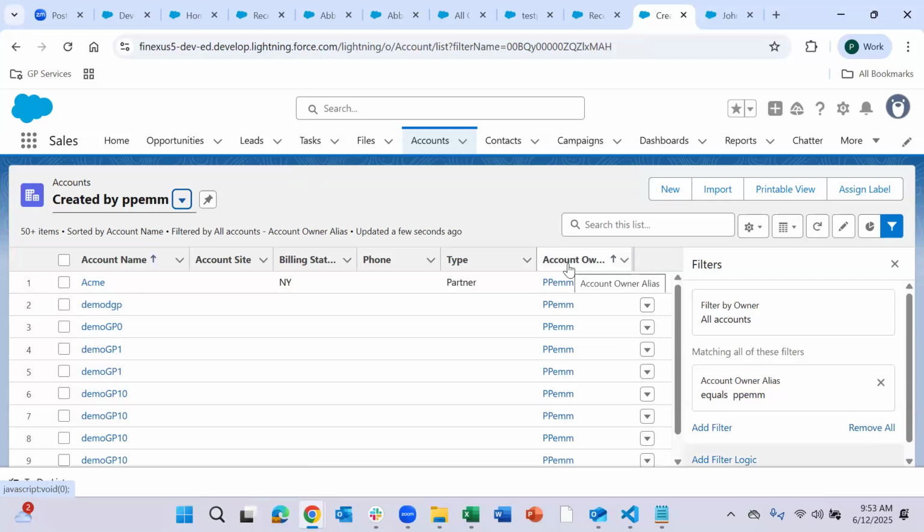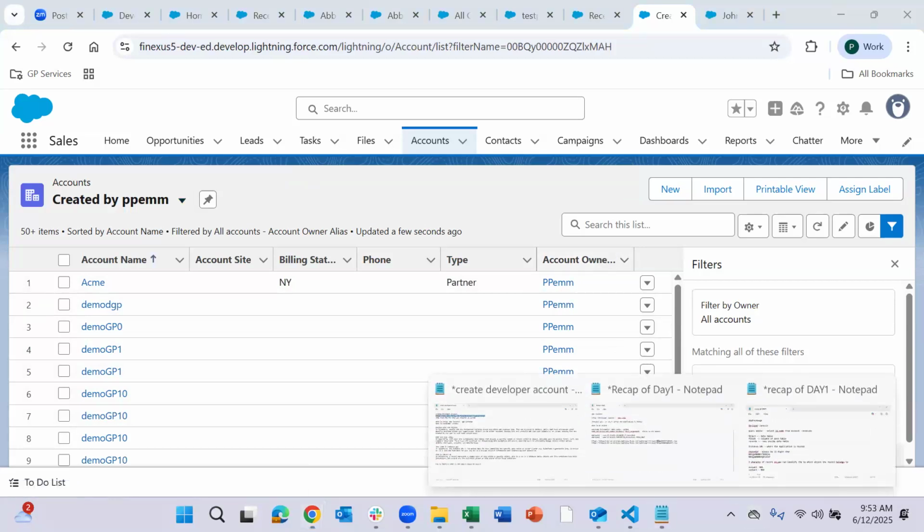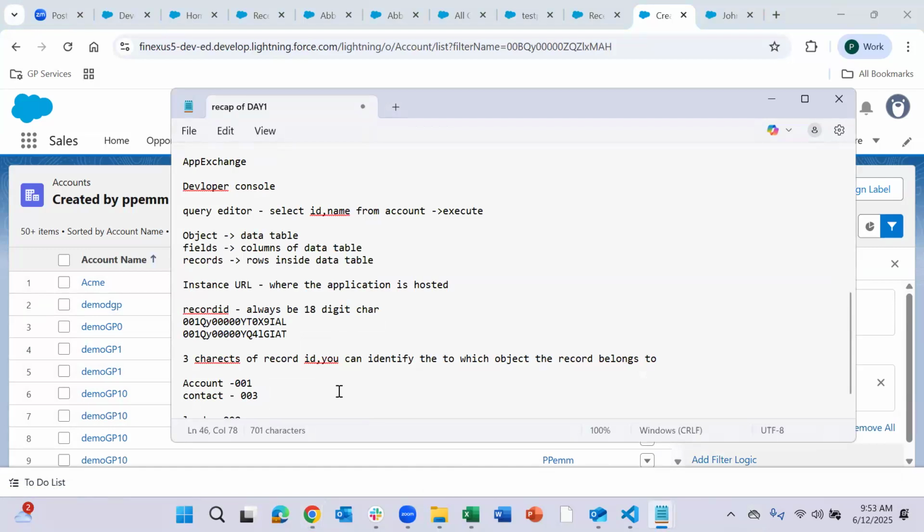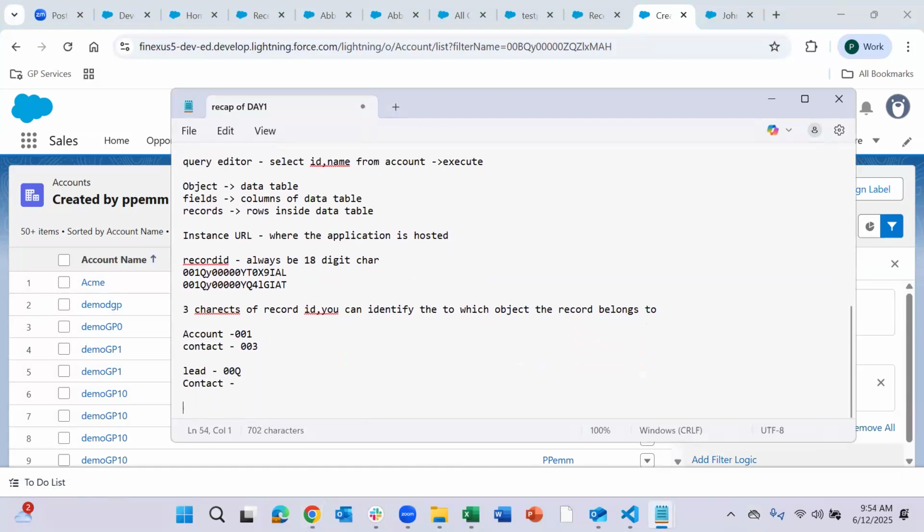Okay, so I'll repeat it. What are list views? It is a categorization of different records, a grouping of records based on certain criteria. List views are nothing but categorization of data based on certain criteria.